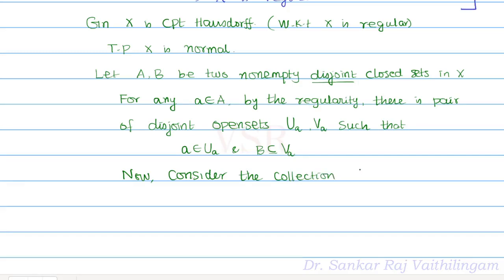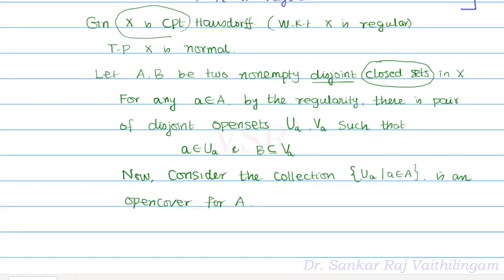of all U suffix a where a belongs to capital A. So this collection is an open cover for capital A. Already A is a closed set, and X is compact and Hausdorff. So a closed subset of a compact set is compact. So since capital A is compact, there exist, I call these, a1